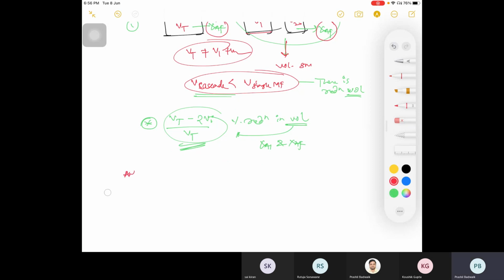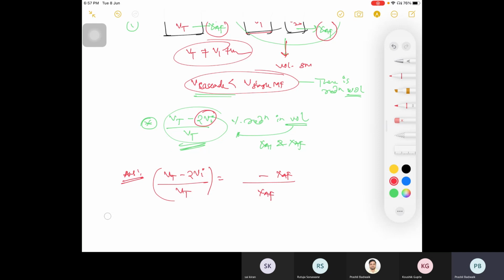So you write the answer here directly. That is your homework. From this understanding, you know that the volume of the total system is minimum, right? So what will happen is, this is your percentage reduction in volume divided by VT is equal to... you know what XAF is, right? XAF is with respect to initial, so I'll write XAF.